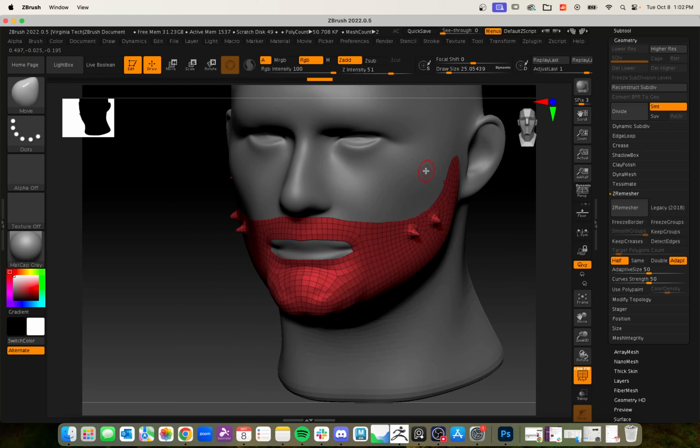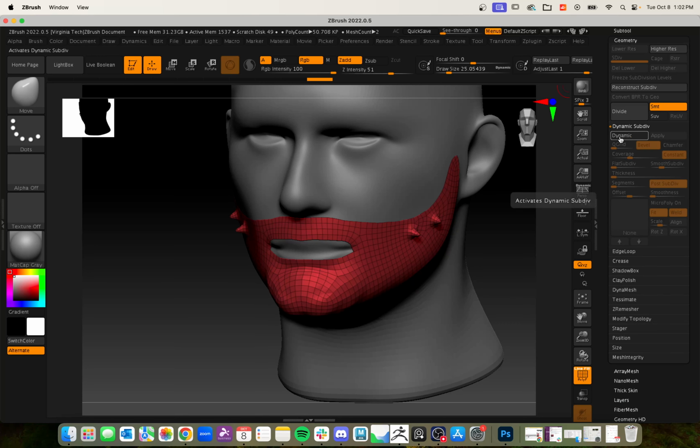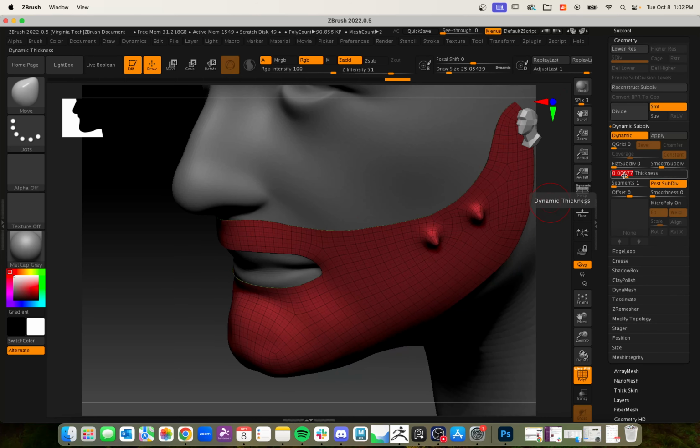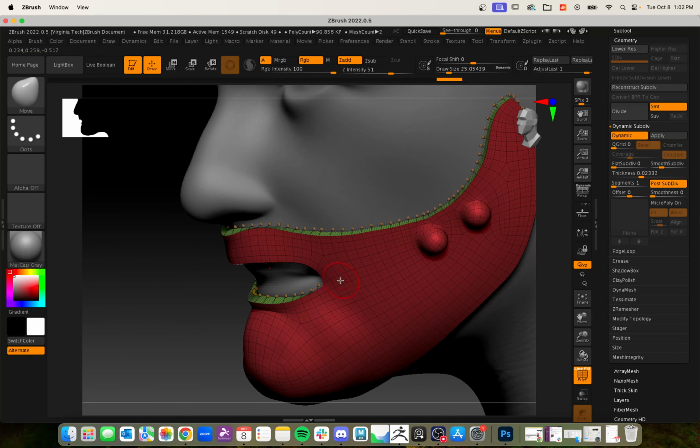Cool. So now that it's ZRemeshed, we can make it thick, so make it an actual object. For making it an actual object, we stay in geometry, we go to dynamic subdivision, click here on dynamic, make sure that the smooth subdivision is 0 to 0, because this would subdivide our model twice, but we don't need it. And then we are messing with this thickness here, so look at that, see? So you can see how thick you want your mask to be. Notice that it pulls out,